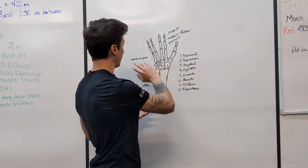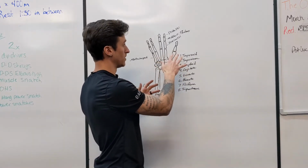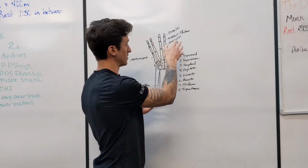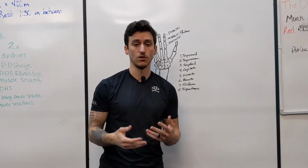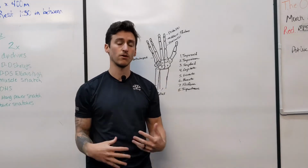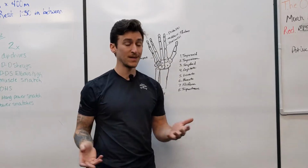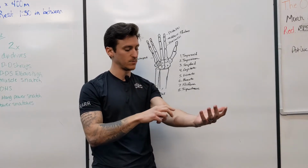So we got 8, 5 metacarpals, 13, 5 proximal phalanges, so 18, 4 middle phalanges, 22, and then 5 more distal phalanges, 27. Okay, so I talked about this with the feet. There's a lot of bones in the hands and the feet, and when we have 206 total bones throughout our whole body, and 27 of them alone sit in one hand, our feet and our hands basically make up half of our bones in our body, because if you think about a lot of the length that we're dealing with,